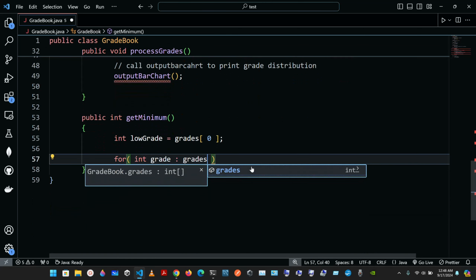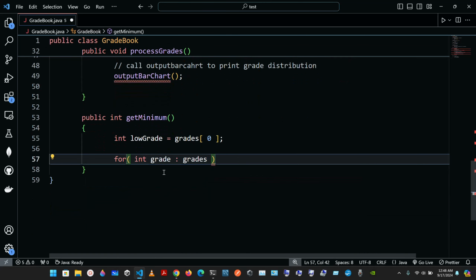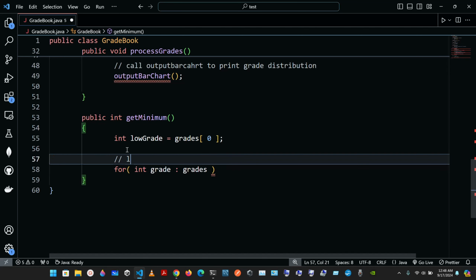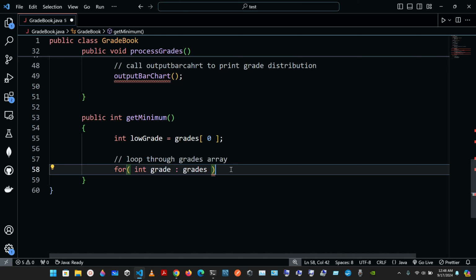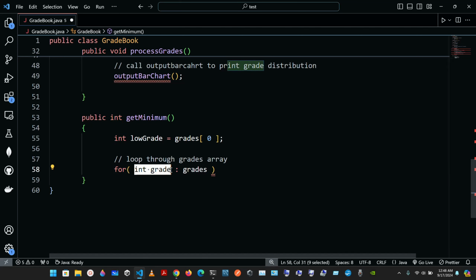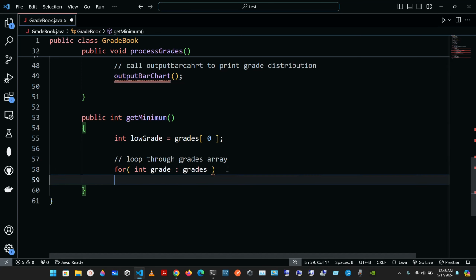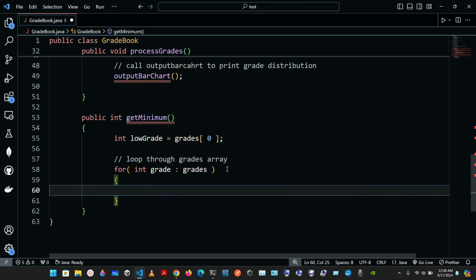That's the reason we can use the enhanced for statement. We're going to loop through the grades array, and to do that we use the for statement. This is the parameter and this is the array, and we use the colon to do that. This is the statement, and in the statement we're going to open curly braces, and now we're going to have an if